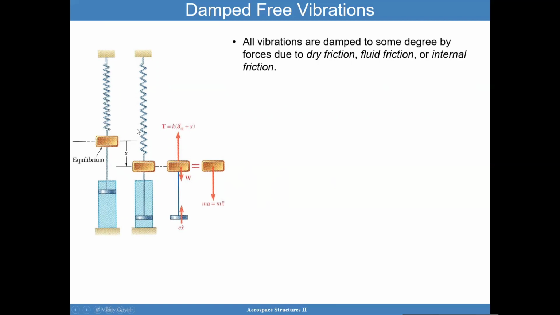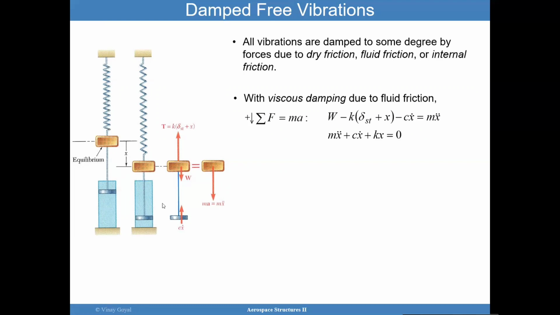So there's a lot of different ways this could happen. And one way that people represent this motion, this restoring motion almost, that causes everything to slow down, is C times X dot, or dash pot, is one way to look at that. So you have this coefficient C, and then you have this X dot, and this term acts to reduce motions as a function of time. And if we were to add this term, and this term is usually called viscous damping, it will have,